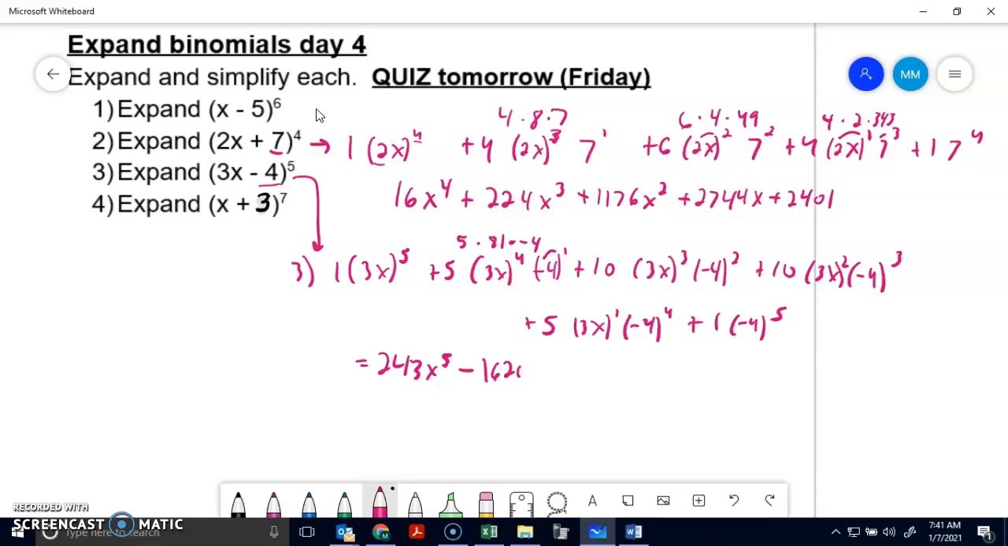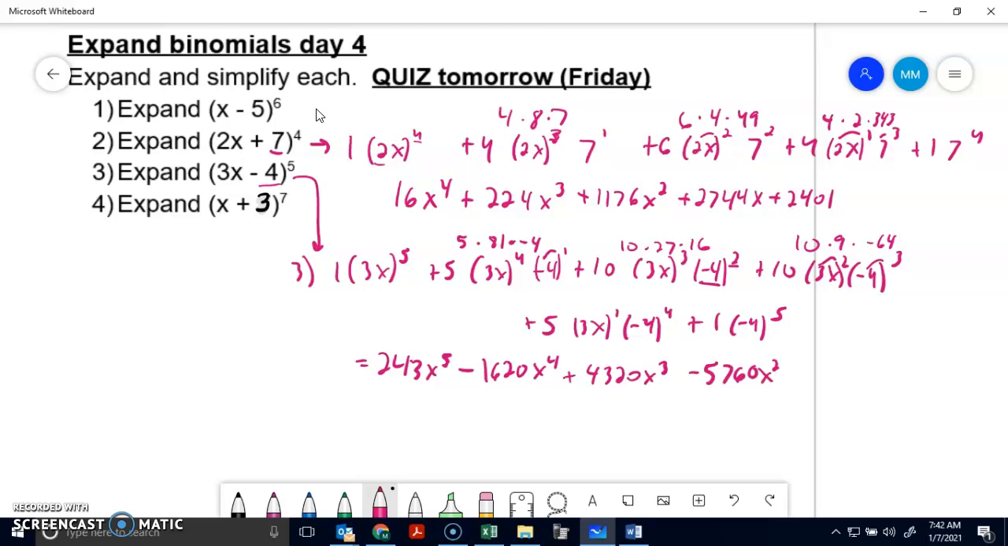Minus 1620 x to the 4th, and then I would have 10 times 27 times 16. It's a positive 16 because negative 4 is being raised to an even power, being squared. And that gives me positive 4,320 x to the 3rd. And here I would have 10 times 9, 3 squared. And then negative 4 to the 3rd, and again, I'm raising this to an odd power, so it's a negative 64. And that's going to give me a minus